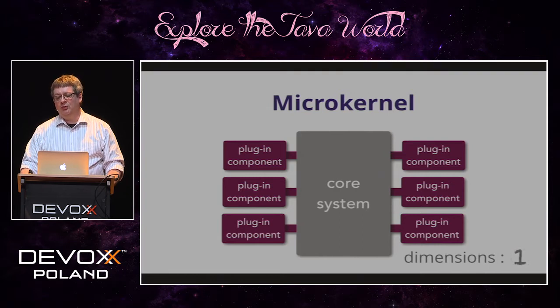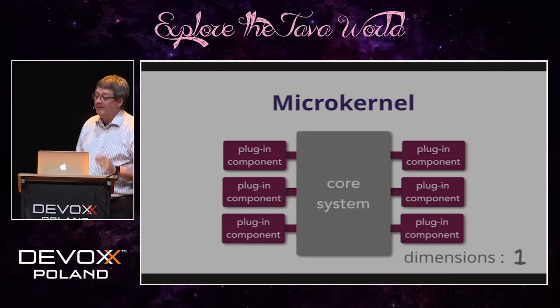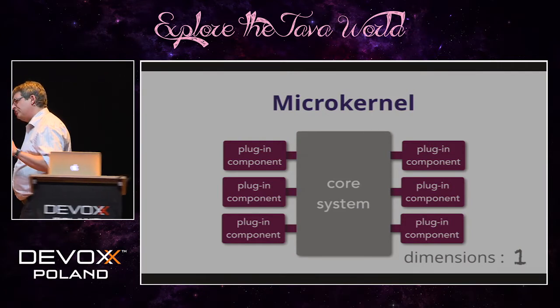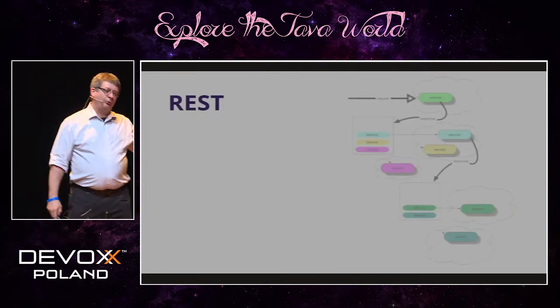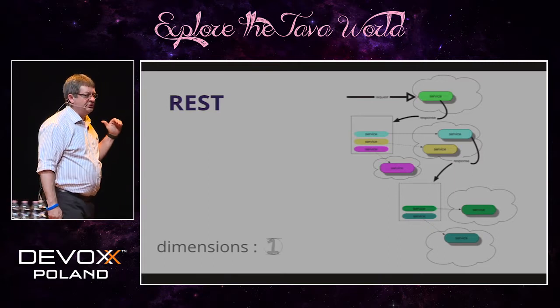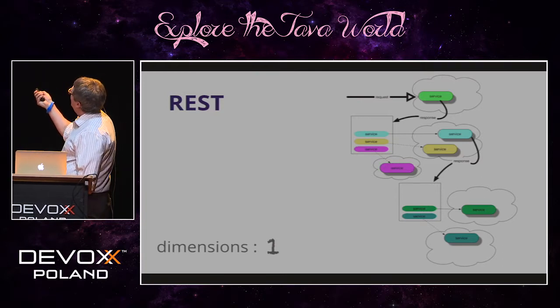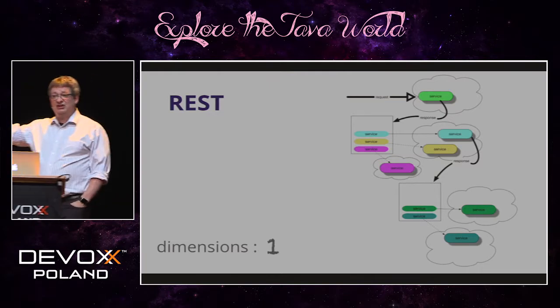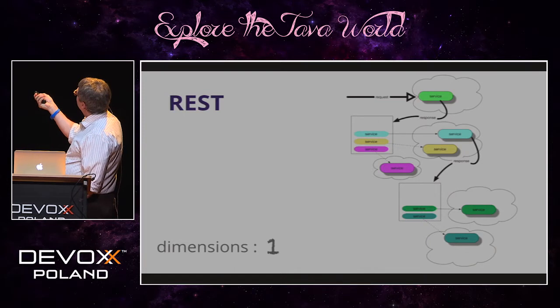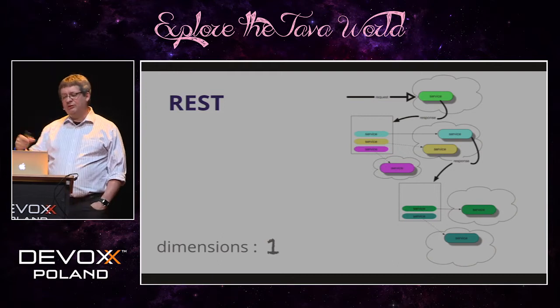This one also has one dimension of evolvability because I can add new plugins and evolve the behavior that way, but it is along that dimension. Now, these dimensions are not always strictly just in technical architecture. Because think about REST, and in particular level 3 REST, the hypermedia version of REST. In that version of REST, the idea is when you make a request to some resource, part of the response that comes back from that resource are the next links you can follow for the next steps in that business process. And of course, you pick a resource there, which gives you a response, which gives you links you can follow to other potential steps of this resource.